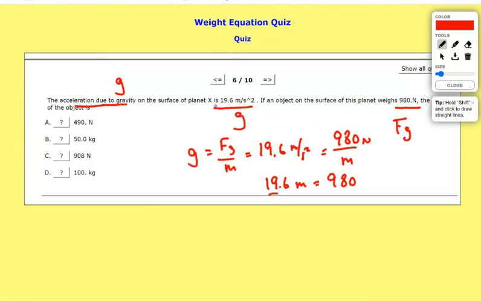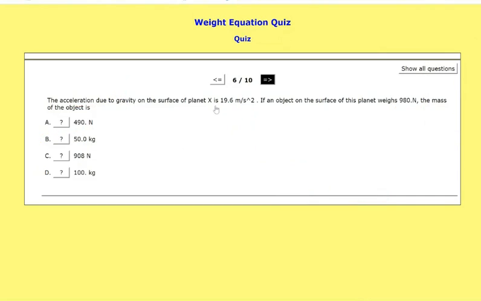How do I have to divide both? I don't have a calculator. Maybe somebody could do that for me. That's about 19. It's about like 1,000 divided by 20, so that's like 50. Tell me if I'm wrong. Anybody got a calculator? I think it's 50. If I'm wrong, shout it out. But I think if you do 980 divided by 19.6, that's pretty easy.